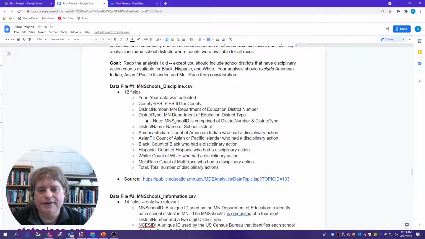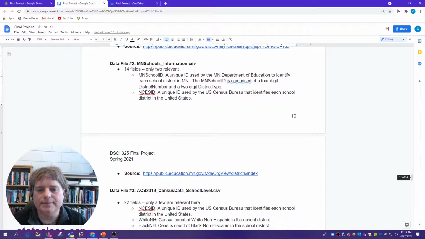There are 3 files again. These need to be joined together. The first one is the Minnesota school discipline data. The second is the Minnesota school information, which essentially the only thing I need out of this file is